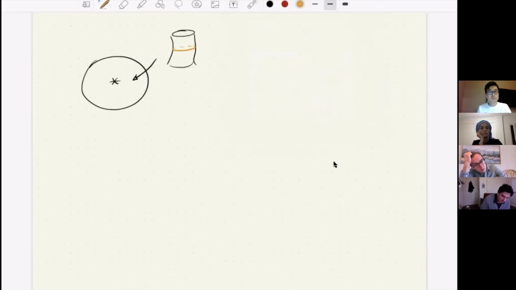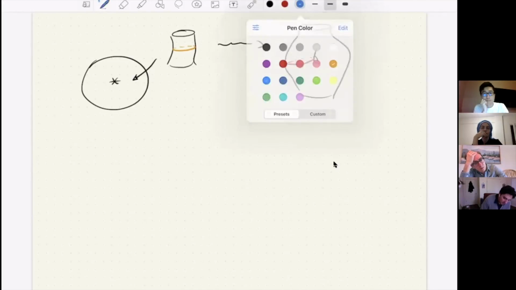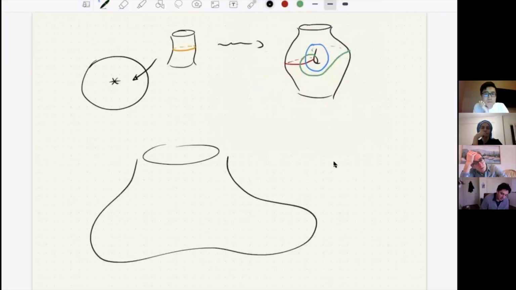To trisect that, you do this perturbation, which is called wrinkling your singularity, and you get that trisection diagram I drew before. But this is all in a neighborhood of your vanishing cycle. So if you have some vanishing cycle which goes all over some crazy surface,